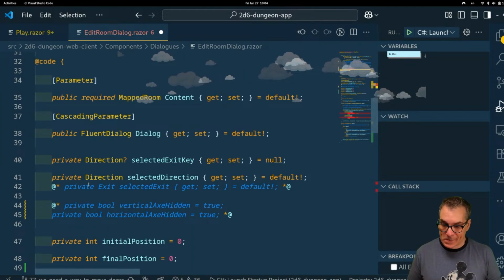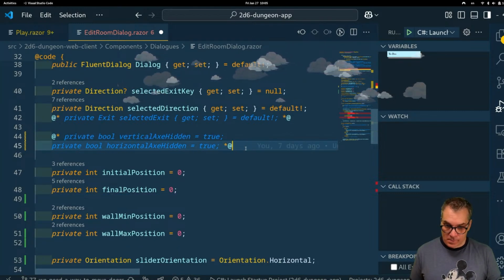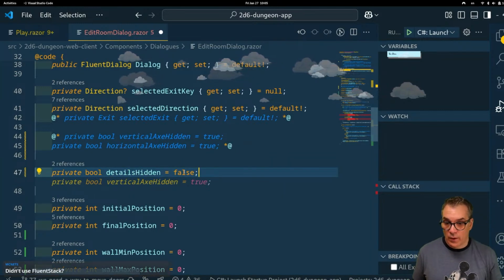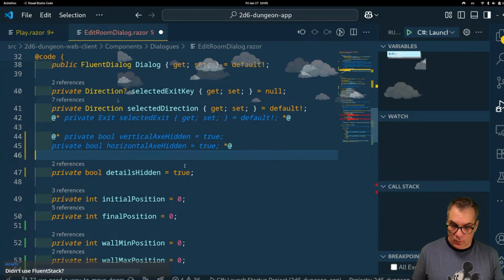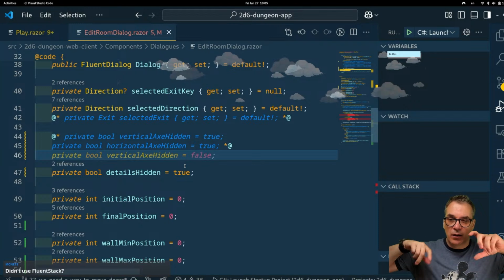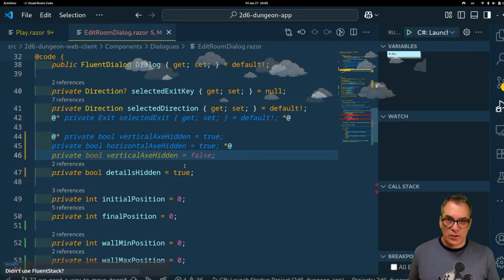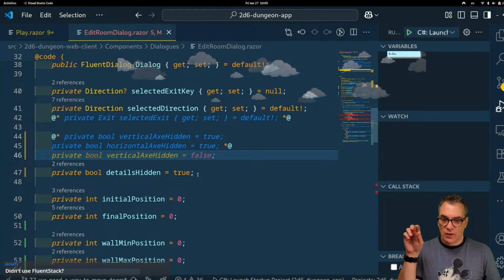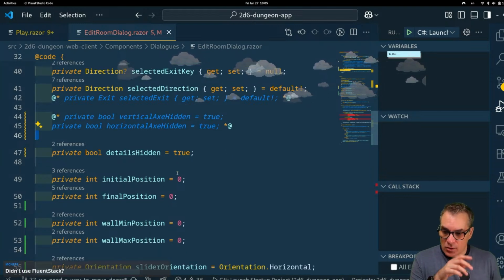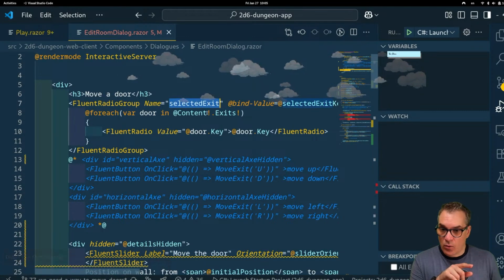We'll create that. And we want it hidden at the beginning. Cool. So that way, when we get on that, we don't see the initial position. When we tried earlier today, I saw it was like 4 to 4, and it was kind of weird because we didn't do anything. So now until we pick a door, we won't see those things. Oh yeah, I think it was 0, 0 or whatever. Okay, so that's good. So now when we pick this, so we'll get